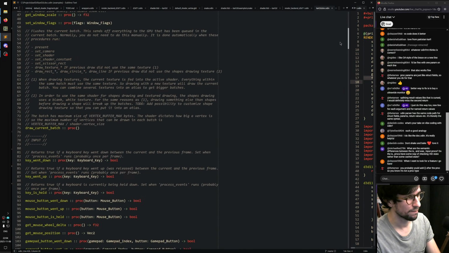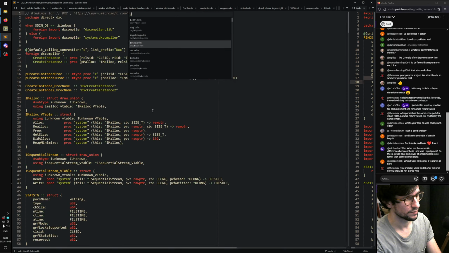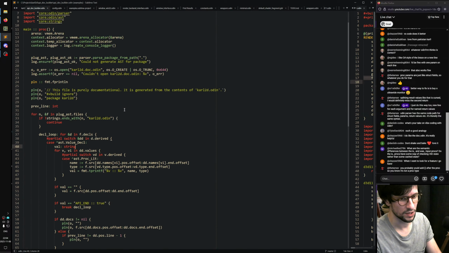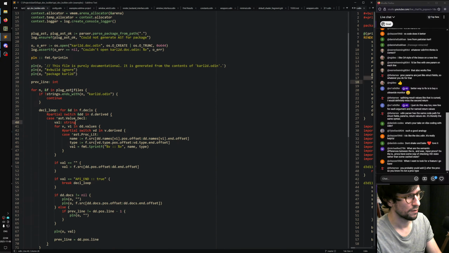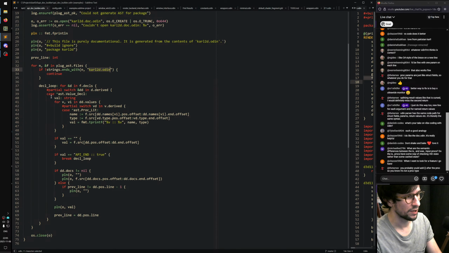This file is generated by just running this program. That's all. What it does is it looks for the Carl2D file, because it takes the whole package but just looks for that one, and then it goes through them and writes any proc literal, and it just takes the name and the type without the body,